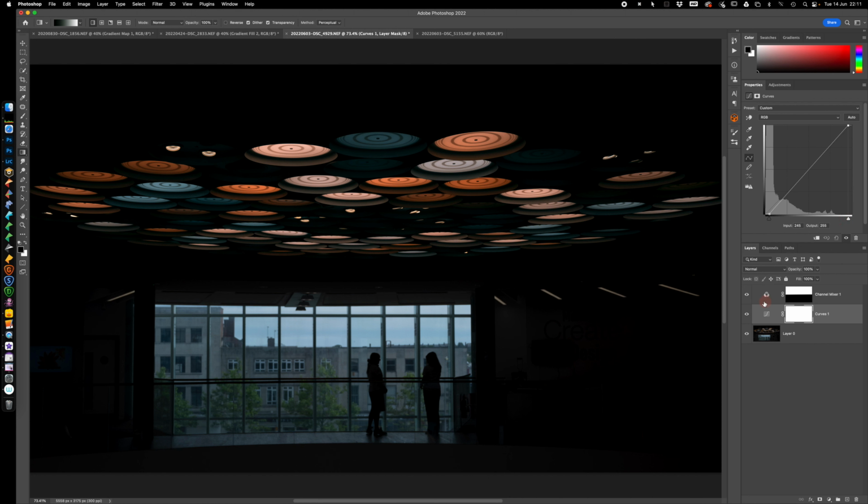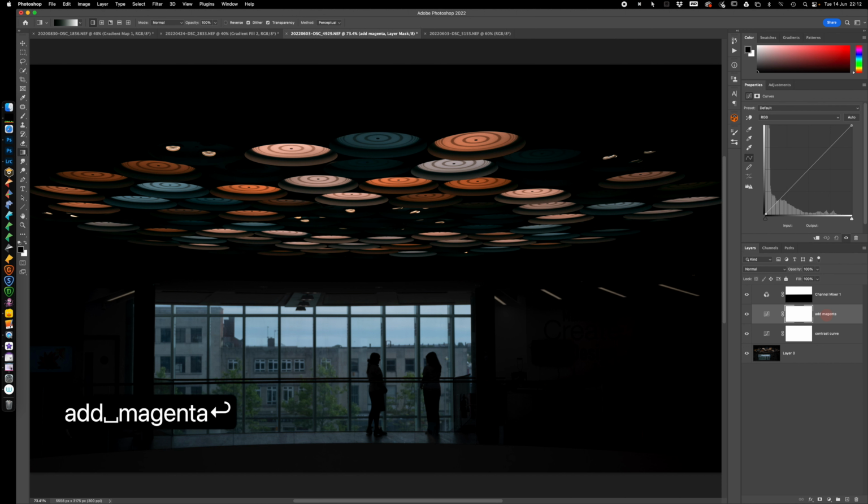What I want to do as well is take some of the greens out in the lower half and add a little bit of magenta in there, because I think it's more harmonious with the lighting we've got. So we can do that with curves. So let's bung another curves on. I could do it within the same curves tool, but I'd rather separate them. So this particular curves tool we use just to add contrast. So I'm just going to name it contrast curve, and this one I'm going to call